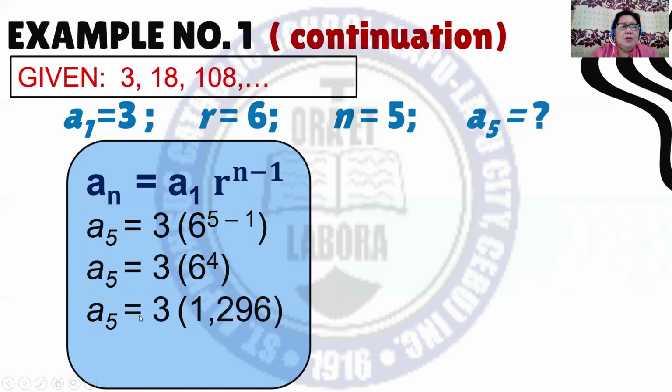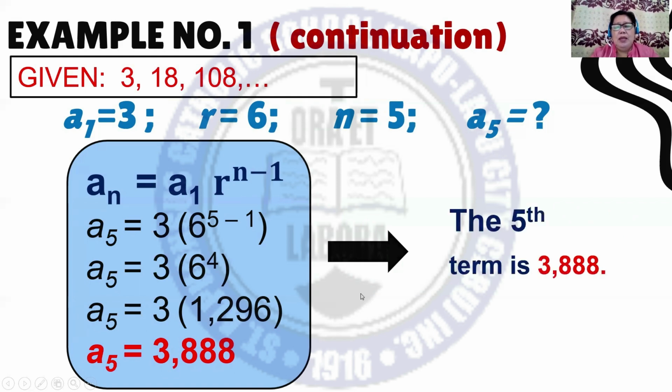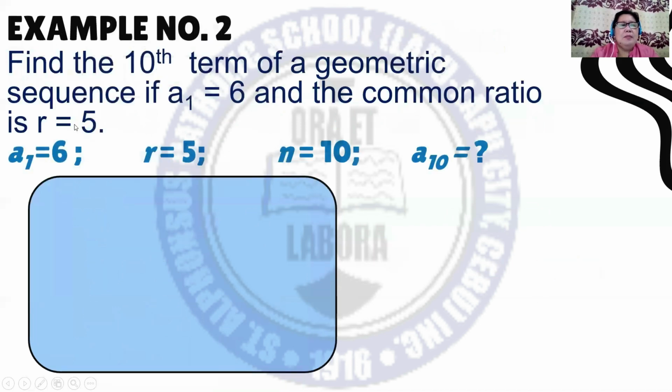And a sub 5 is equal to 3 times 6 raised to exponent 4, which is equivalent to 1,296. And multiply 3 by 1,296, the answer is 3,888. Therefore, the fifth term is 3,888. Next example, find the 10th term of a geometric sequence if the first term, or a sub 1, is equal to 6